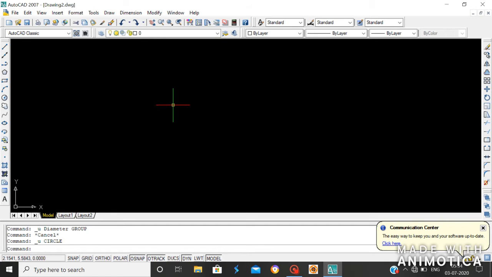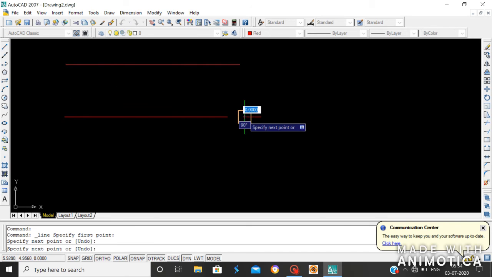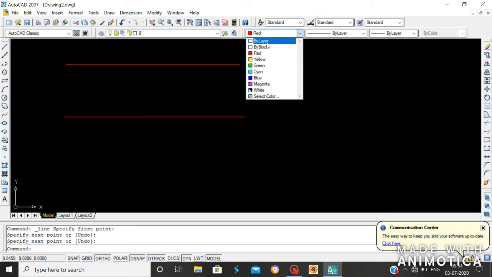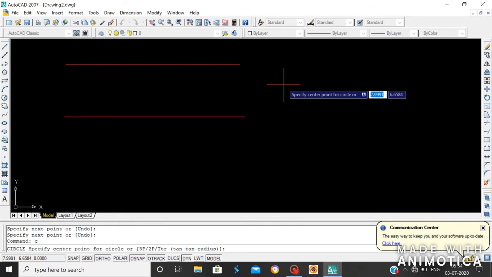Let's say you have two end points of the diameter of the circle. Then you have to use the 2-point circle method to draw the circle. There are two parallel lines and you have to draw a circle in between them. First choose the circle command, press C, then enter.